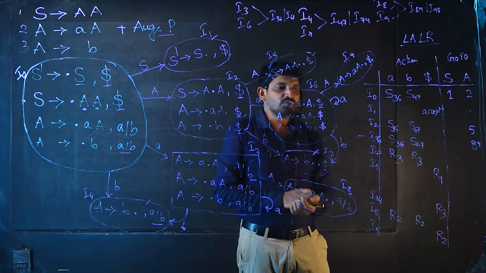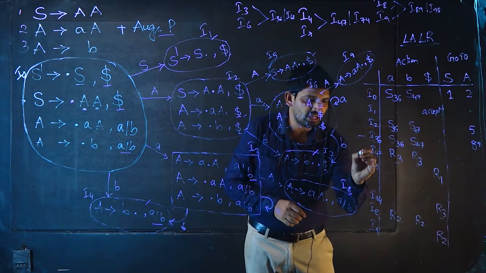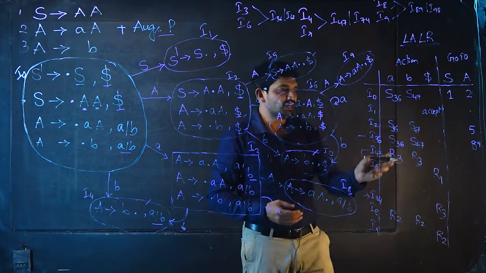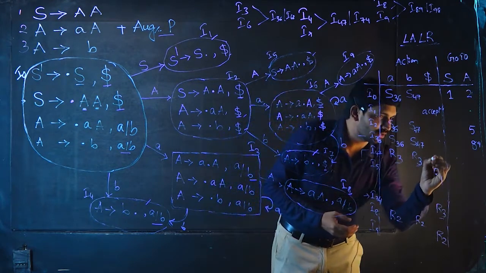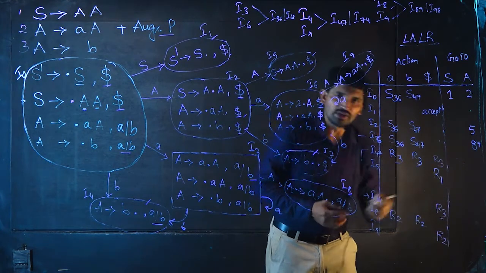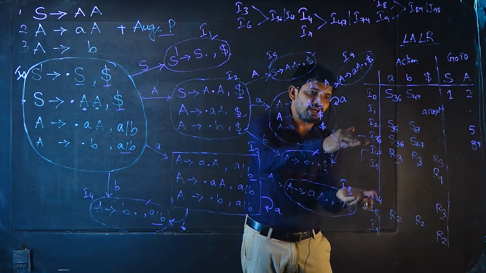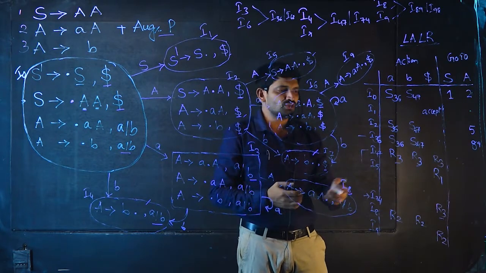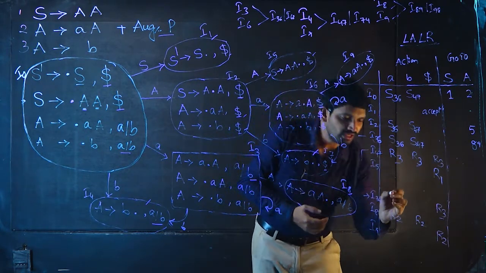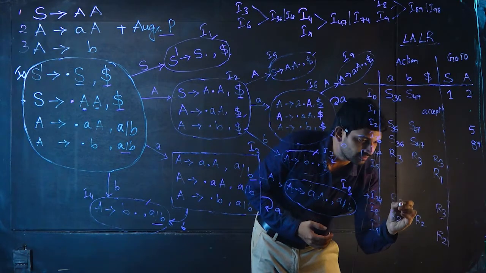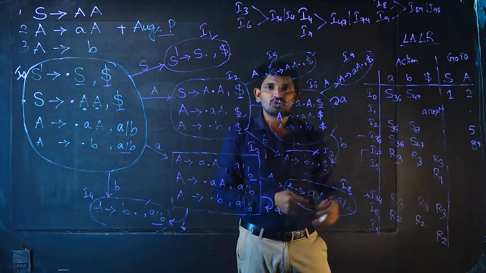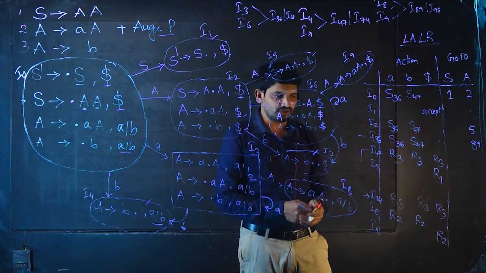So what do you have to do? We have to combine these I47 and I74. We have to write the R3 operation here. That means we are combining I47 and I74. Now it seems to be a duplicated one, so no need to keep the duplicated lines. Please remove them.